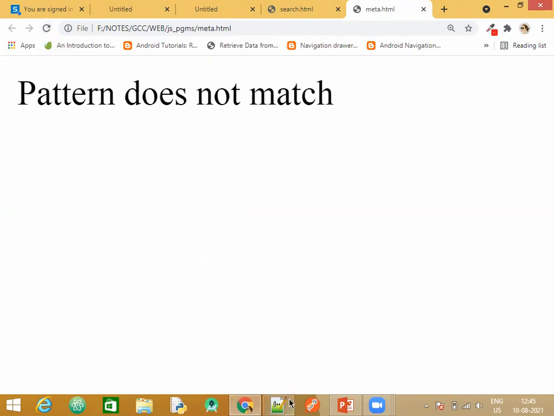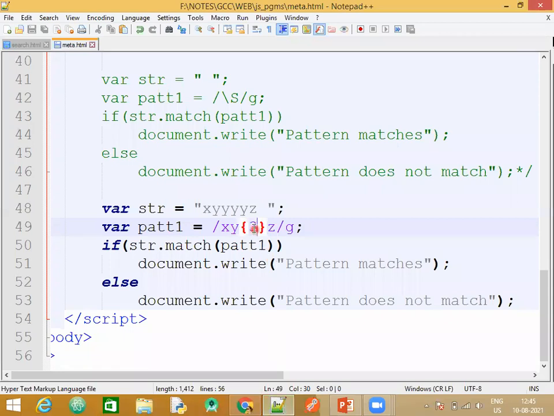No. So what can you infer from this? If you try to match with the help of these repetition values, the exact number of repetitions will be taken, not less than or equal to. It should be exact, only equal to. So only the moment I give 4, because there are 4 Y's, it gives pattern matches. You can't say that your 3 are already existing, but that is not what I'm trying to do.